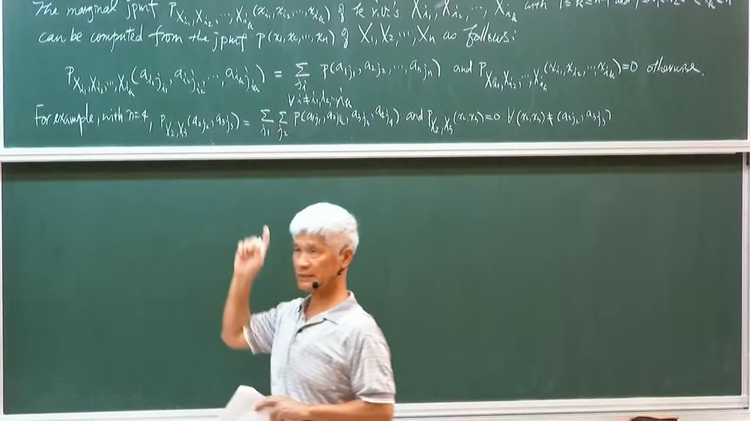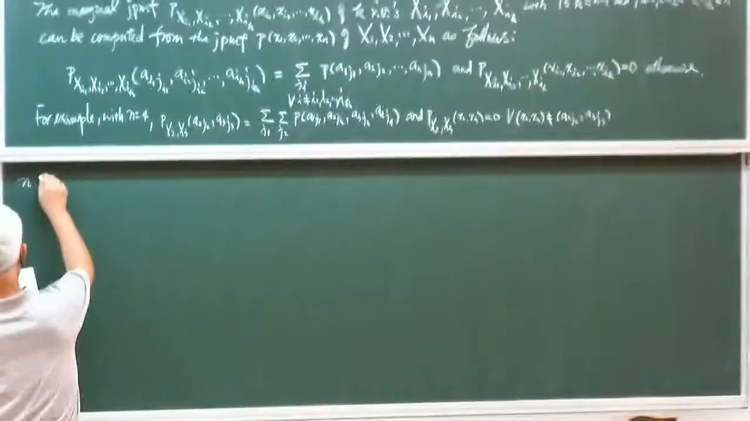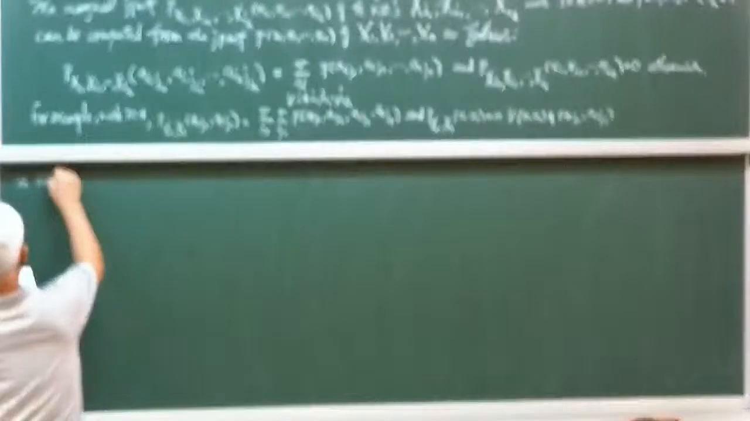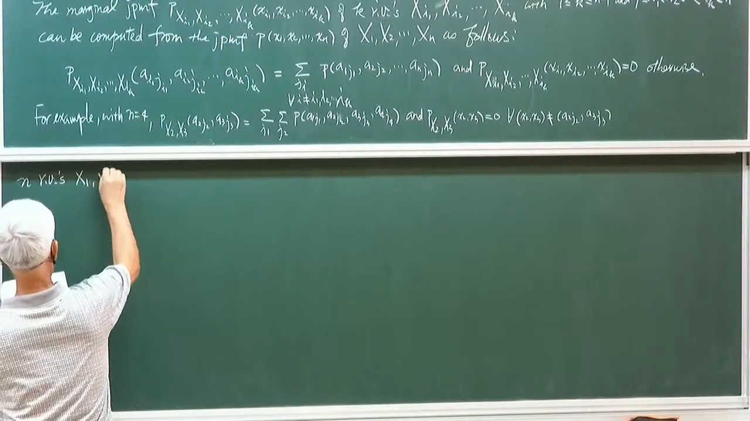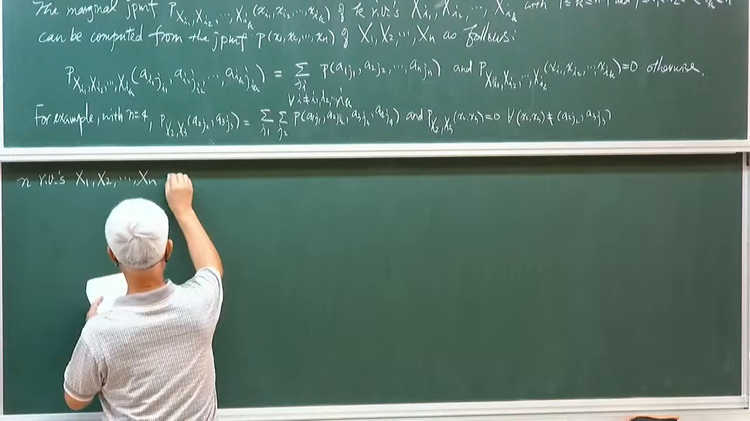This is the first special case. Now we consider the second special case. N random variables X1, X2, up to Xn are called